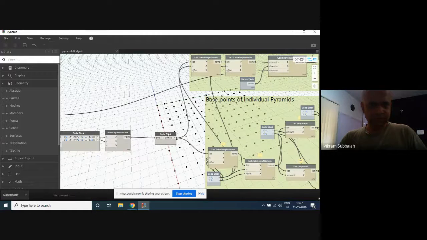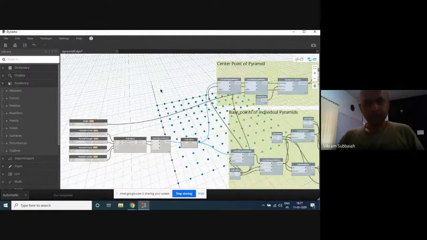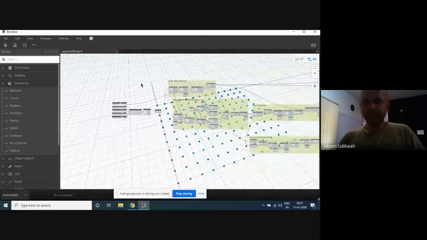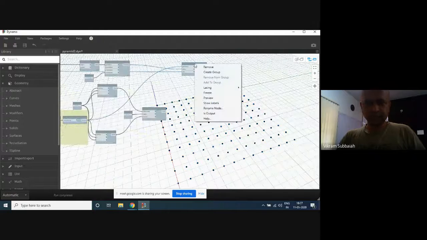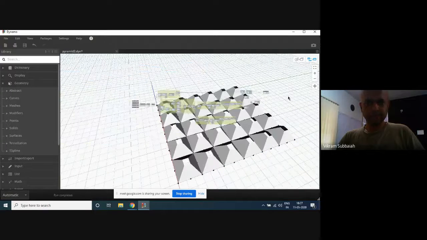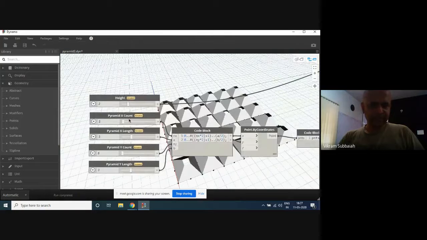What I'm doing is preparing myself to be able to change the input. And once I change the input, I'm expecting this geometry to change, just as we flex this and everything changes.